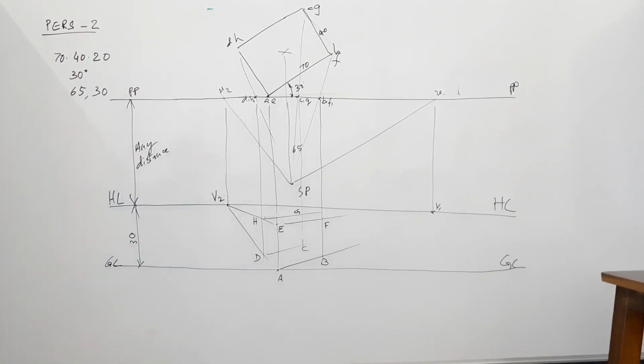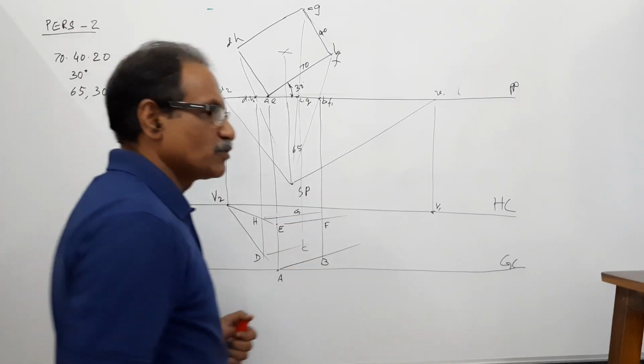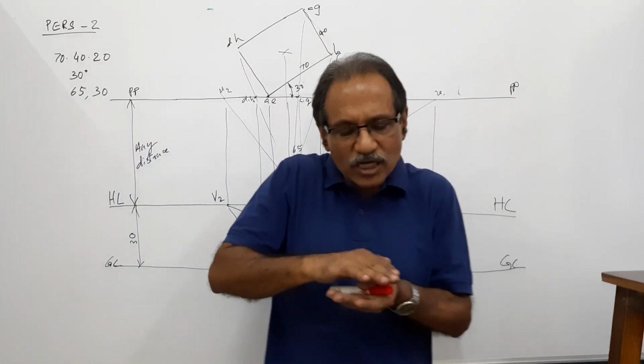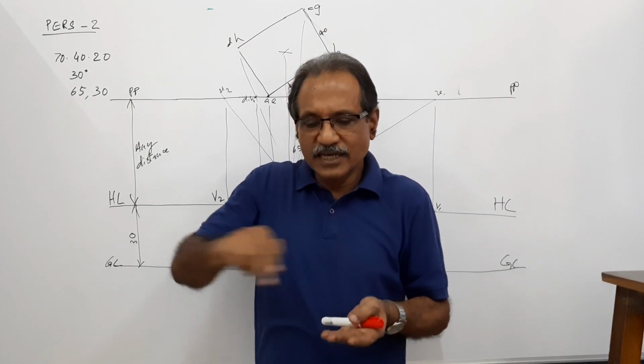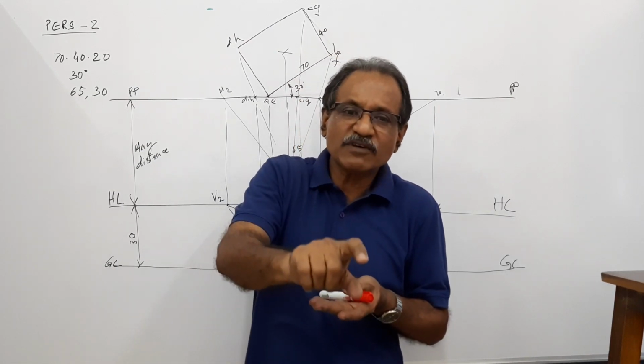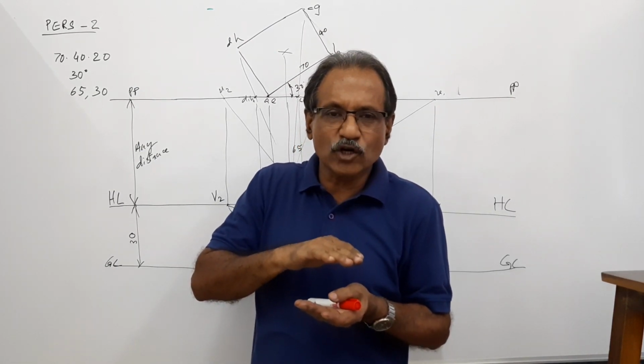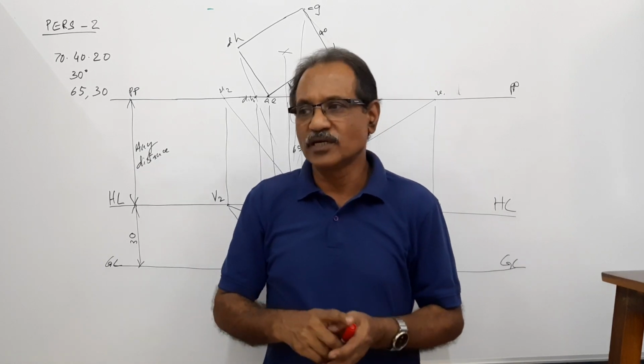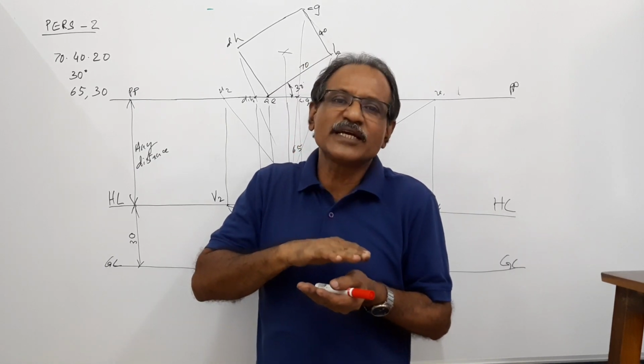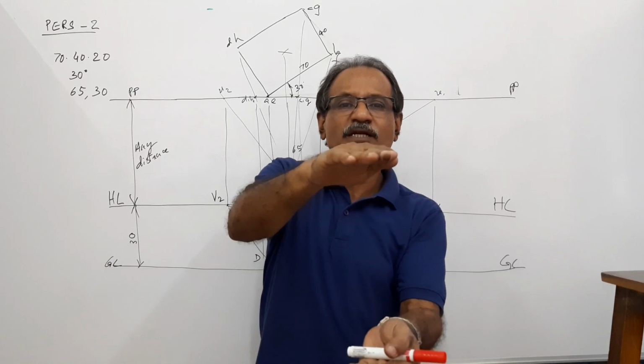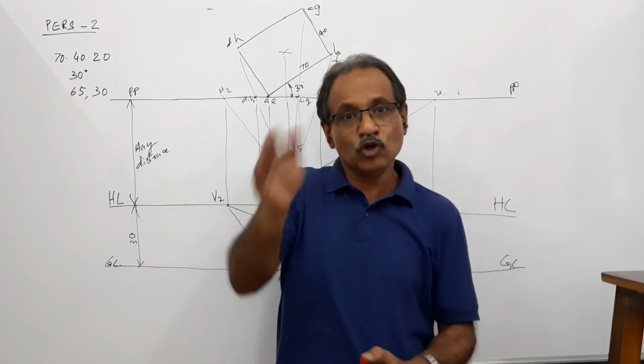Now you have to connect them. For connecting them, you have to think which is visible and which is not visible. The box is 20 millimeter tall. The observer is 30 millimeter tall. I repeat, the box is 20 millimeter tall, the observer is 30 millimeter tall. The observer is taller than the object.